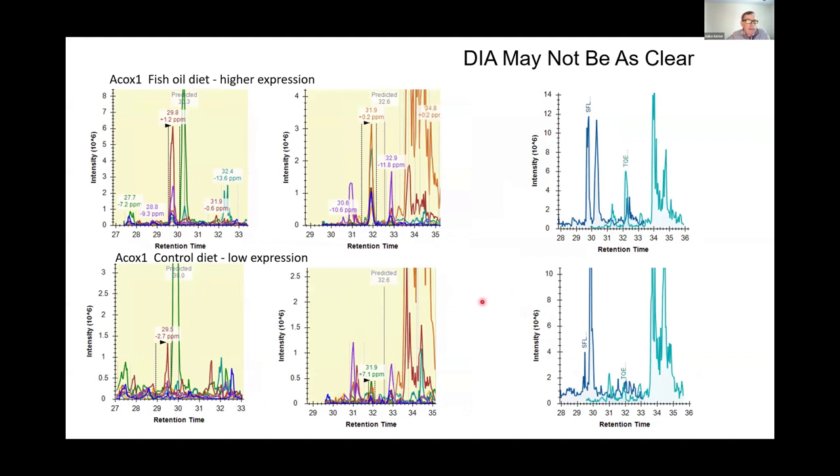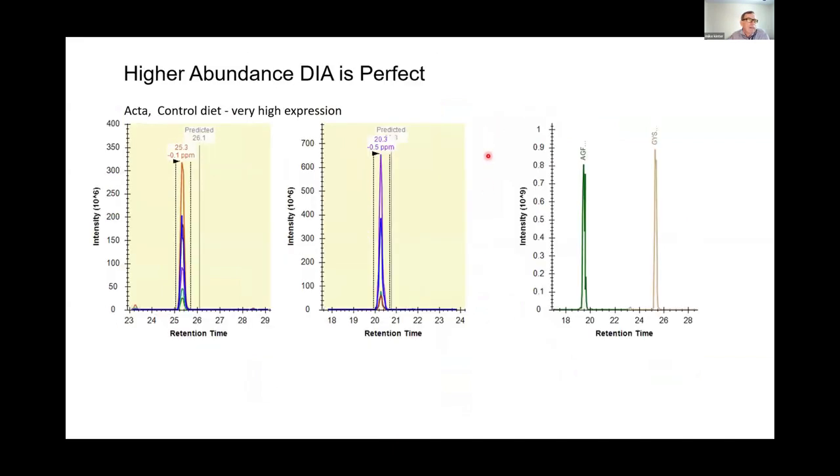DIA, you know, can take, like I said, this is where we trust the computers. It's a little bit harder to look at some of our lower abundance experiments. So maybe just not quite as ideal. But for higher abundance things in the DIA, it's still quite perfect. And so this is out of our DIA data, plotting these two actin